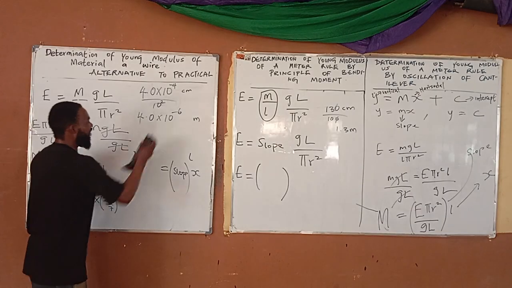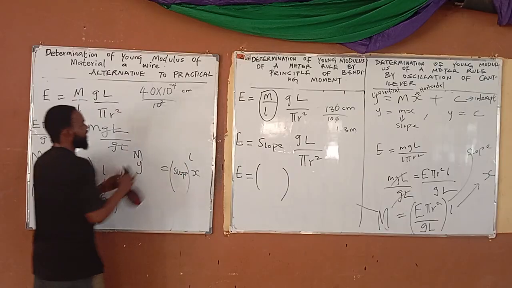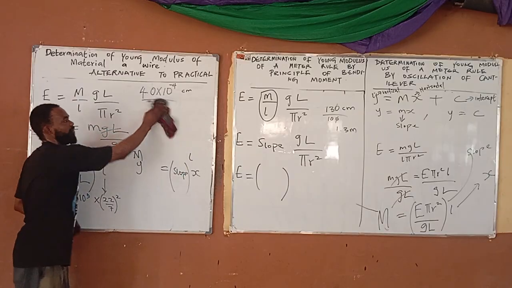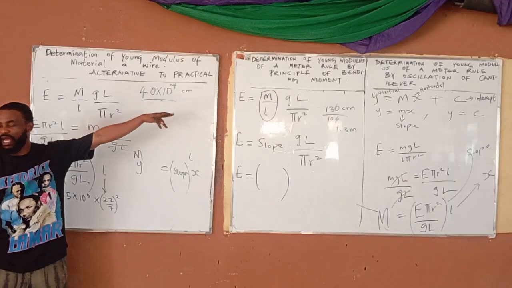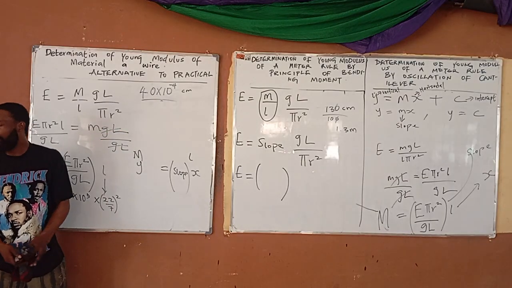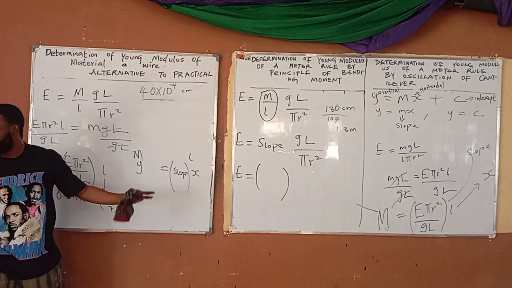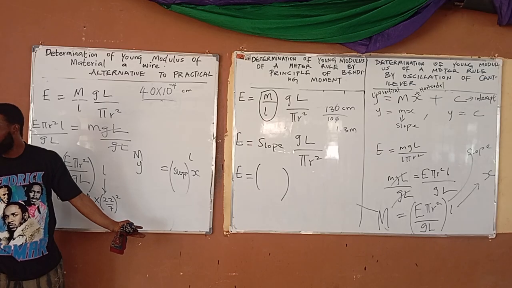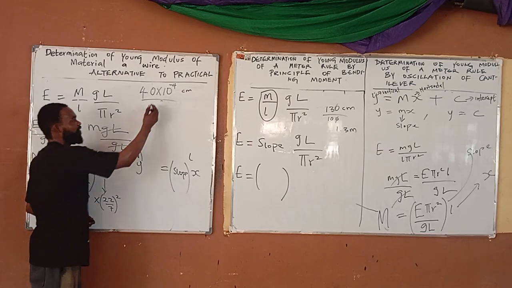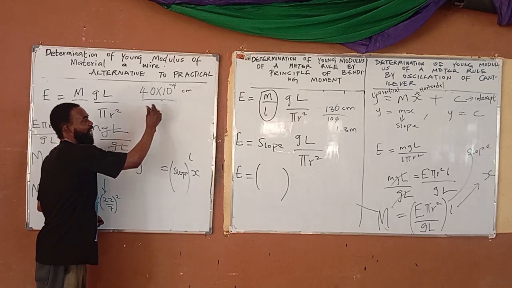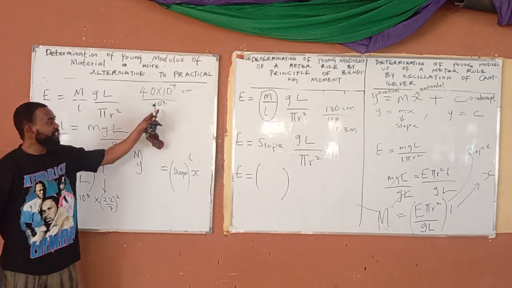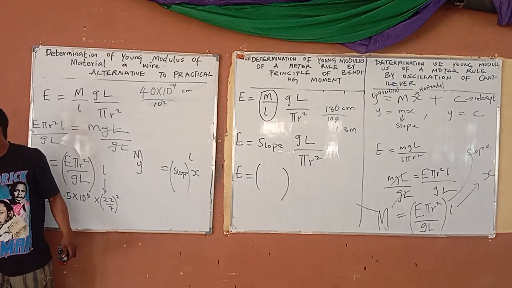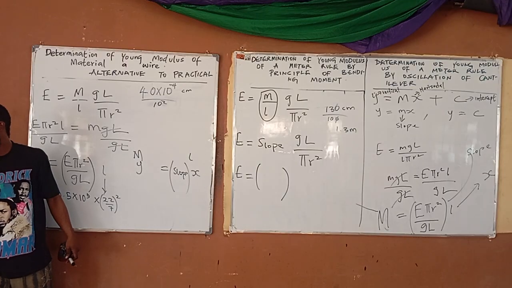I said this thing now is in centimeters. I cannot use it in centimeters; I want to convert it to meters. How do you convert to meters from centimeters? You divide by 100, is it not true? So if I divide this by 100, it's the same thing as saying 10 raised to the power 2. So if this is 10 raised to the power 2, indices, go and watch my video on the 9 laws of